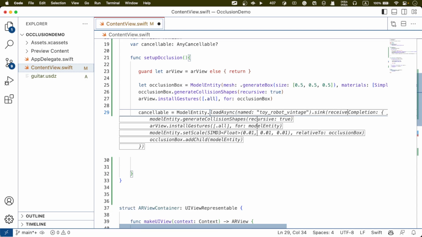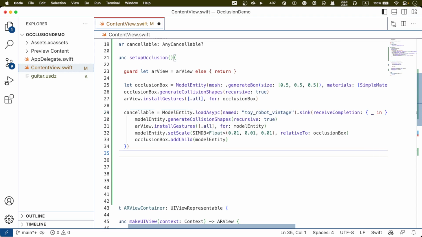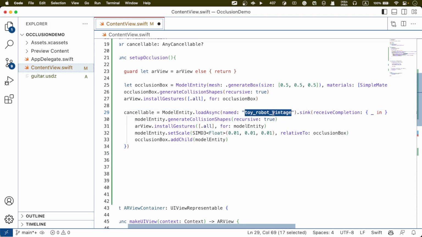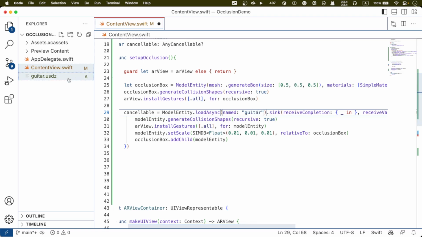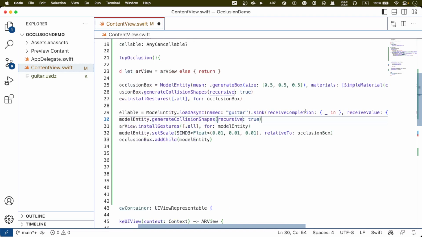We get a lot of suggestions here, but let's just choose one, and I'm going to change that later on. So model load async, and definitely the name will be guitar, because I just got a guitar USDZ file here, so it's not a toy. Sync and in completion,